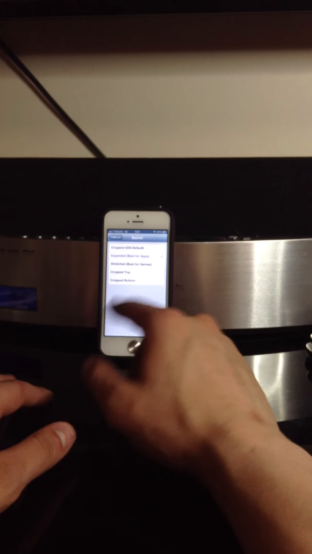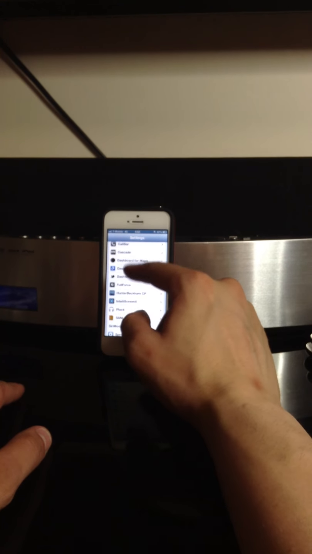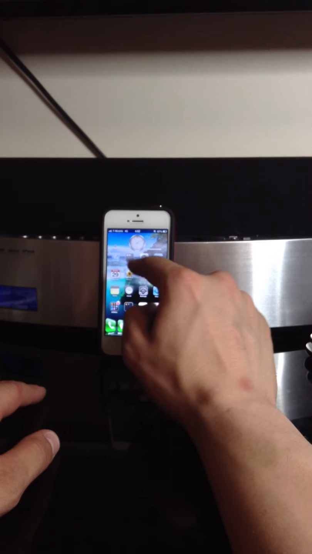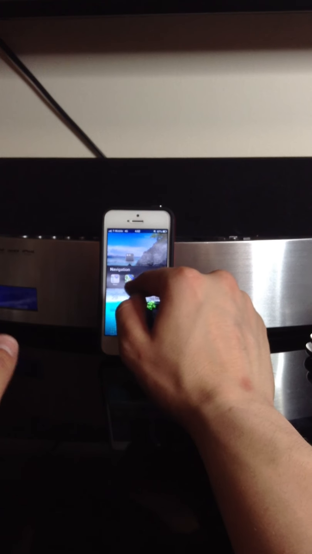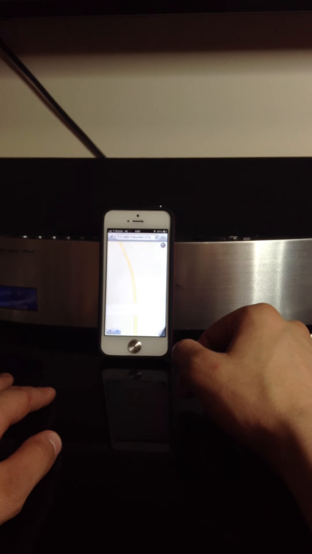And if you click no or cancel, then you can just go in the settings and set it up just like that. Anyway, it just makes it look better overall. Oh yeah, Dashboard for Maps. Surprised I even forgot that, just because I don't use my navigation on this very much, mostly on my iPad. Anyway, Dashboard for Maps. What it does is once it finds me,